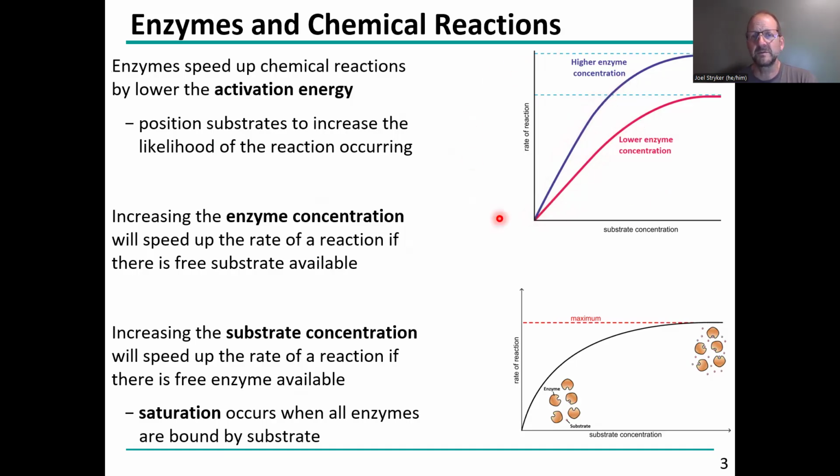If you think about all of those parameters, it makes sense, right? The more active sites that can do the reaction there are, the faster the reaction is going to go. That's really what that's saying. And then also the more substrate there is, the more the reaction is going to be able to go. However, there will be a point where the substrate concentration will no longer increase the rate of the reaction because the free enzyme is gone,